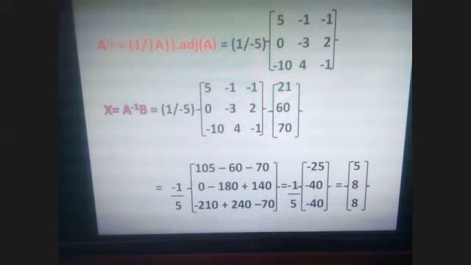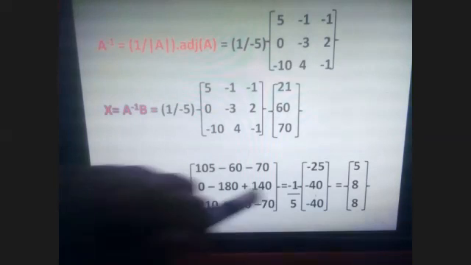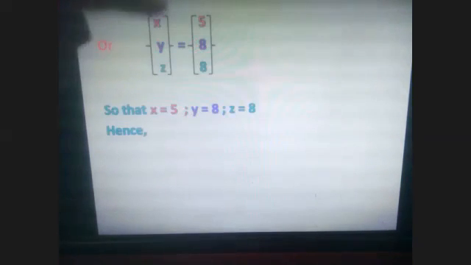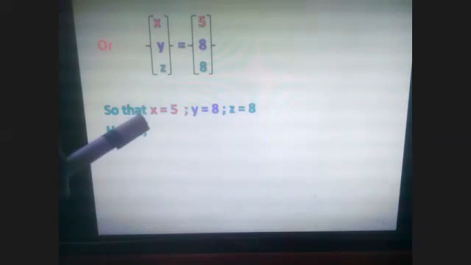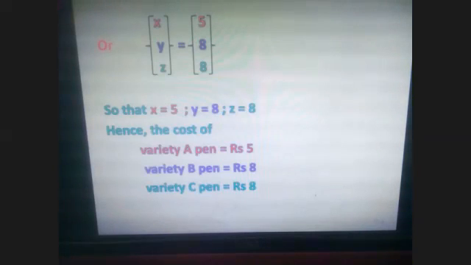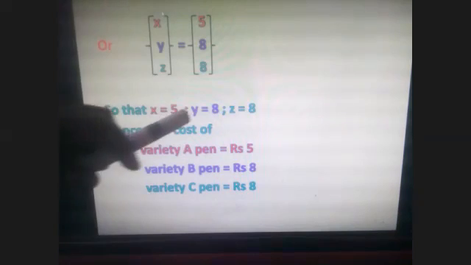Minus 40, then I divide minus 1 by 5, divide with the 5, you get 5, 8, 8. That means your variable x, y, z equal to 5, 8, 8, or x equal to 5, y equal to 8, z equal to 8. Hence, we have the solution. Cost of variety A pen is rupees 5, variety B pen is rupees 8, and variety C pen is 8. That will be the final answer,